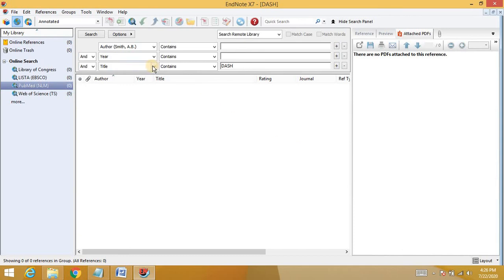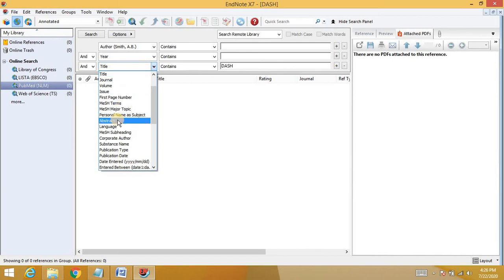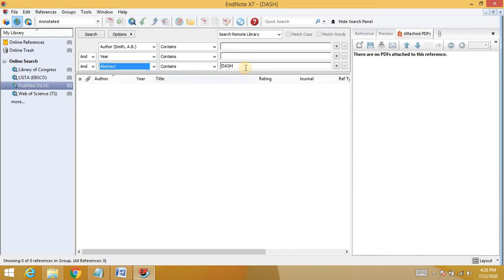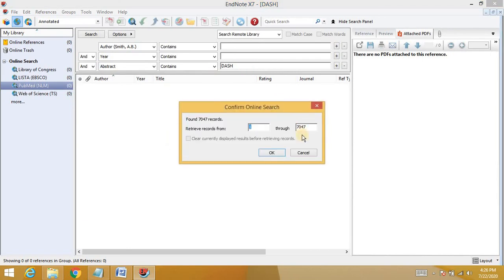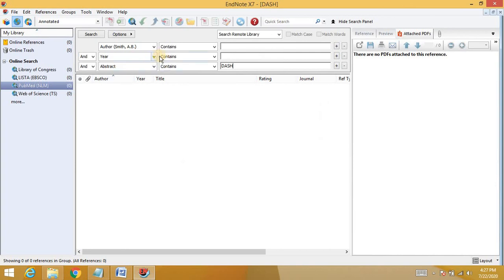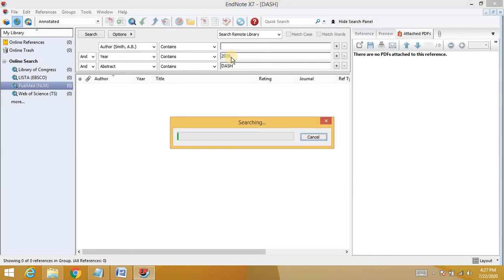I just want to show how we can search. Secondly, we can search through the abstract. The number increases from 837 to 7047, which means the abstract contains dash multiple times. We can also search by year.